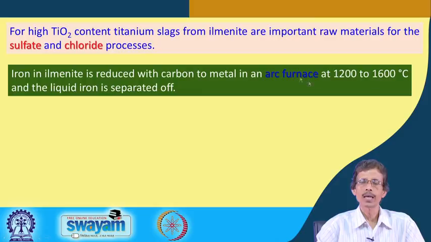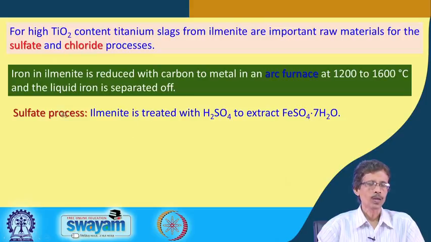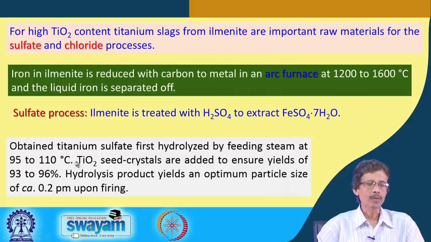On this arc furnace at a temperature of 1200 to 1600 degrees centigrade, we will be using this and the liquid iron is separated off as iron 0. So, iron 0 once it is reduced at this temperature, it will remain as the liquid and that has to be separated out. So, the sulphate process basically gives us that ilmenite which is treated with sulfuric acid to extract that iron, as the ferrous ion, as ferrous sulphate heptahydrate. And that titanium sulphate is first hydrolyzed by feeding steam at a temperature close to the boiling point of water,